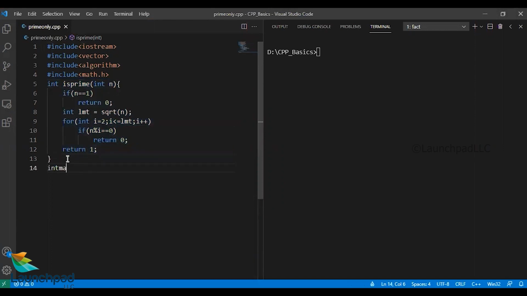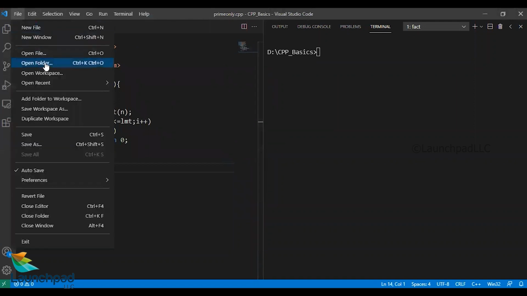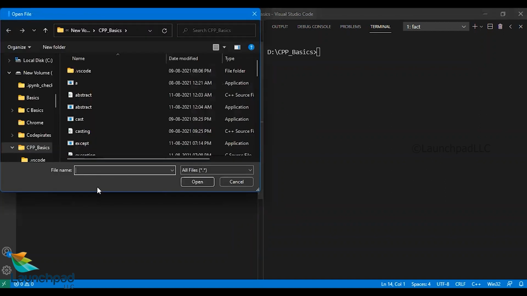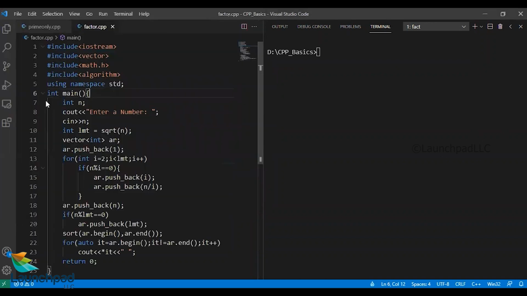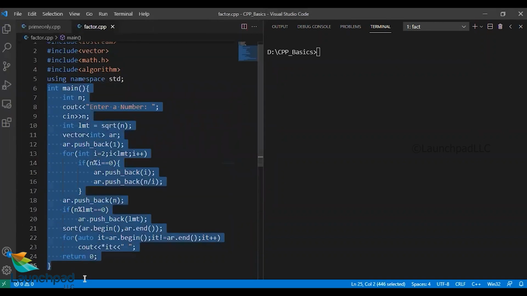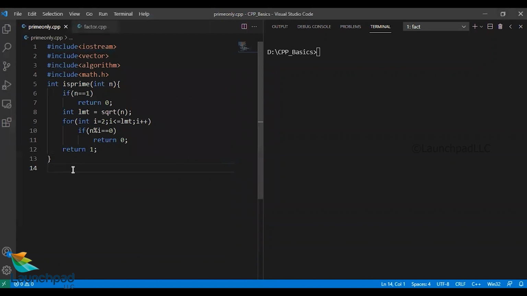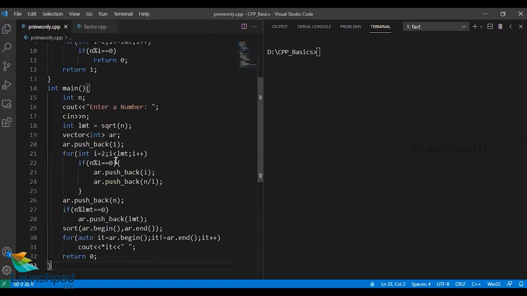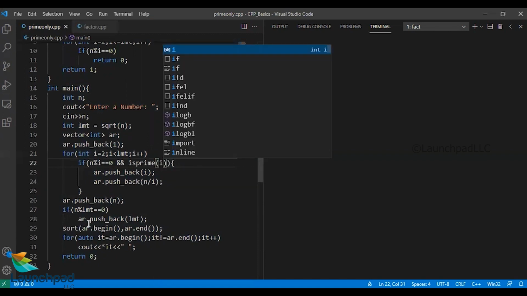Let us use the same code against our previous program here. So I go back to the code which we wrote earlier, which is factors.cpp, and I'll just copy the whole main function which we did recently for the present program. And one small change is, if n modulo i is equal to 0, not only that, I'll also have an ampersand condition, saying double ampersand isPrime of i. i should be a prime.